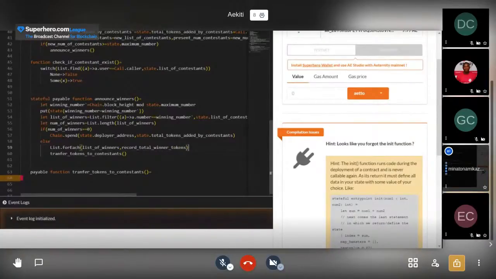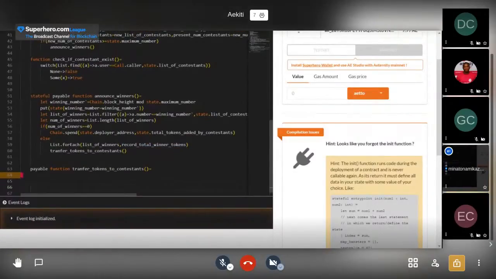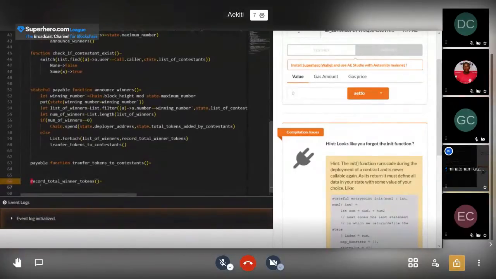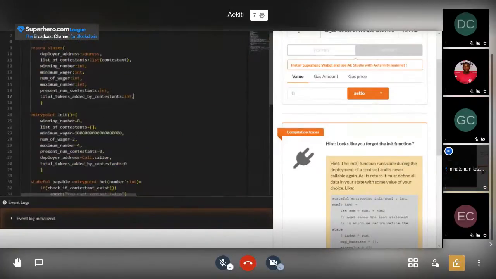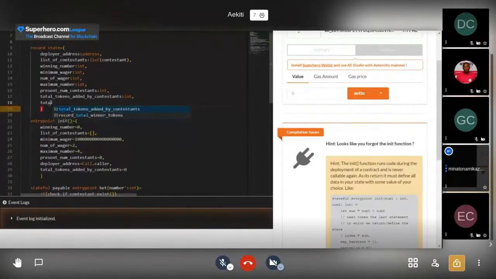So now let's create this particular function. I've created this too. This particular function will be stateful because it's going to actually record the amount of tokens added by each winner to the contract. So we need to actually create this again in our state too, for the total_winner